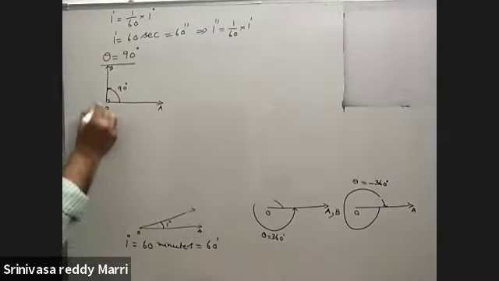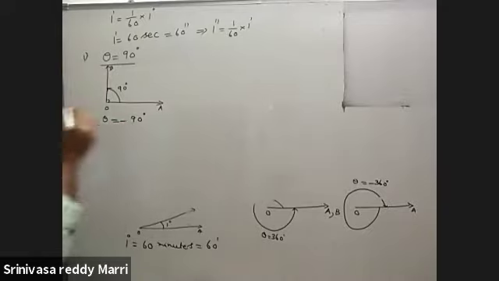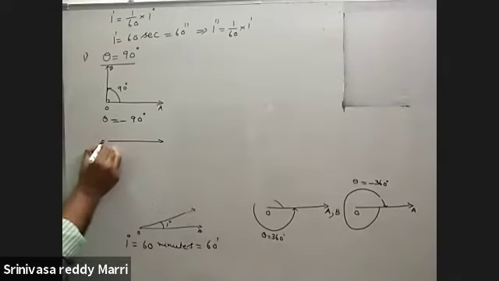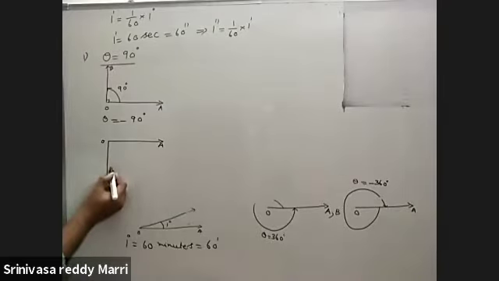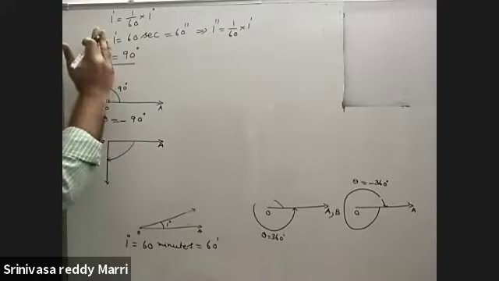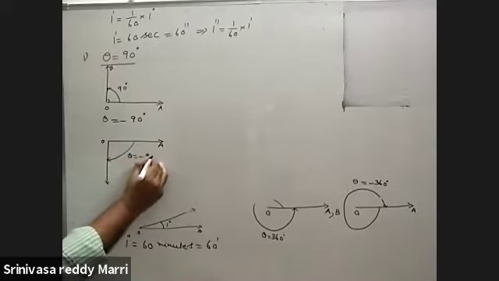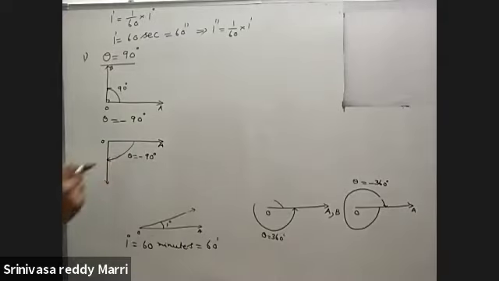Suppose let us say theta equal to minus 90 degree, same ray OA. Follow carefully. These basics are very important. If you know the basics, you will get the in-depth level of the subject easily. Draw the ray this side like this. Positive means measured like this, negative means measured like this. This is minus 90 degree. When you measure in clockwise direction, it will be treated as negative.